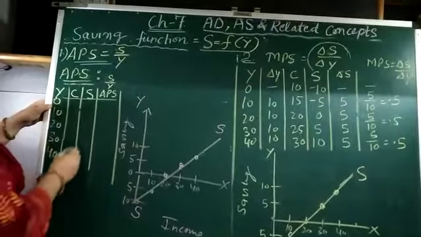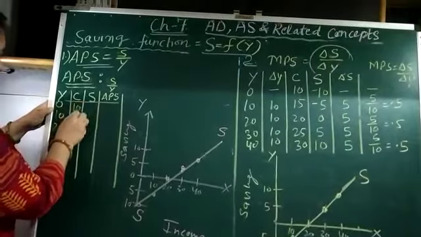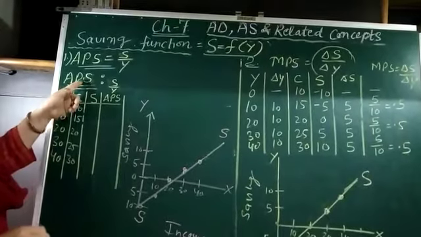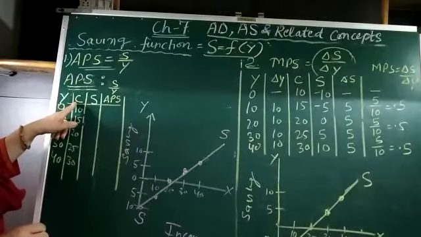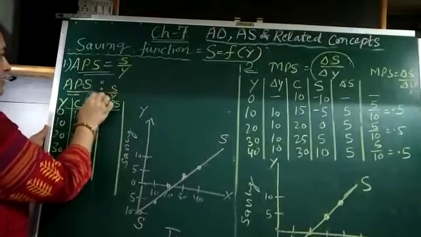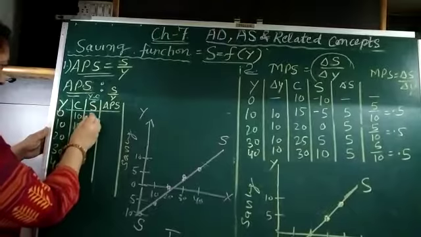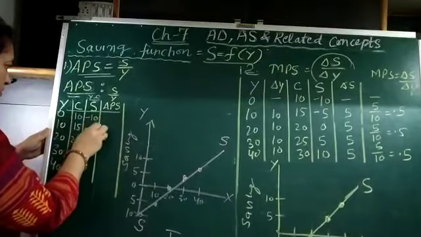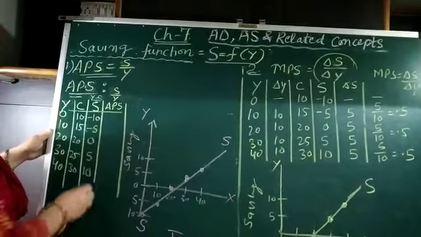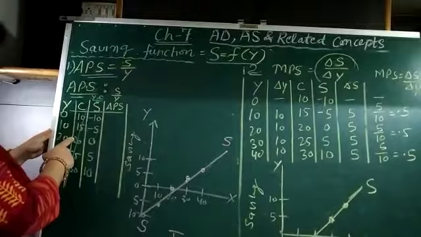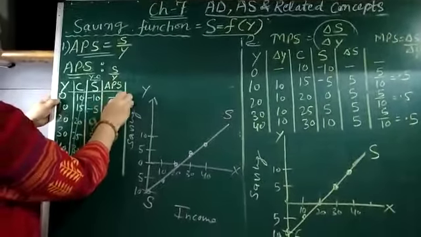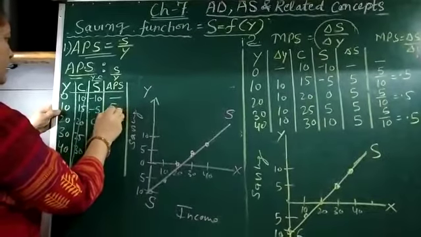average propensity to save with the help of a schedule: 10, 15, 20, 25, 30. In saving and average propensity to save, I have taken consumption because saving can't be derived without consumption. Income minus consumption is equal to savings: minus 10, minus 5, 0, 5 and 10. APS. Now consumption has no role. We calculated consumption only to derive saving. Saving first, 5/10